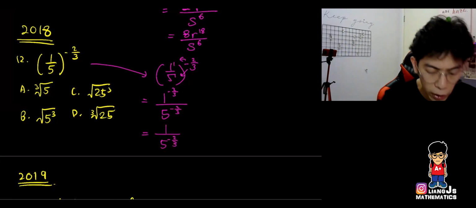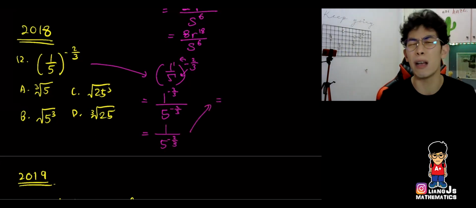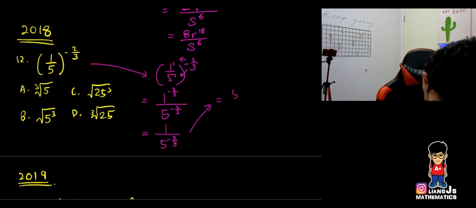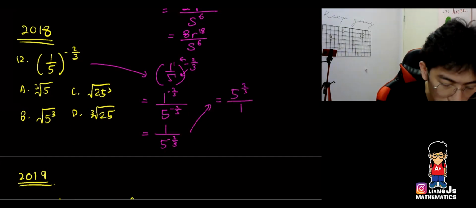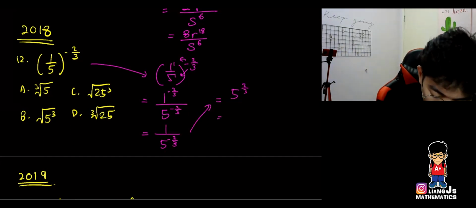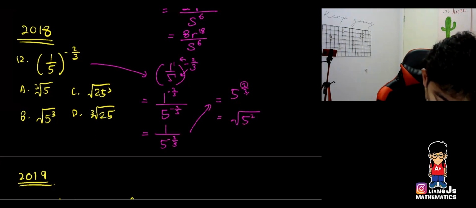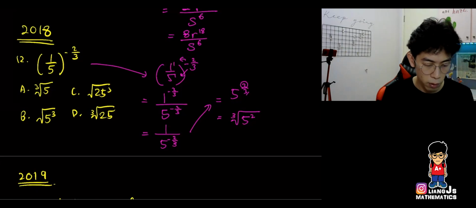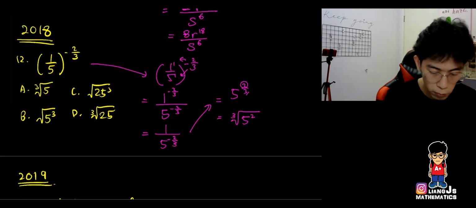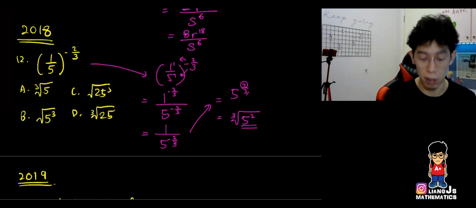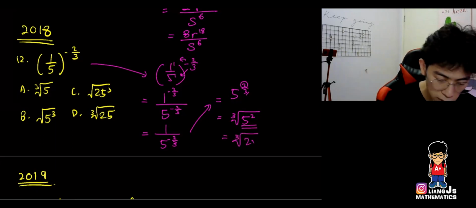Then I don't like the negative. I said that. I hate negative. So 5, 2 over 3, over 1, no need to write already. Then this case, you know, it will be like 5, the top one, power, the bottom one, root. Where's my answer? Hey, wait, where's my answer? Oh, can you see this one? You can just expand it. So I got the answer already. The answer is